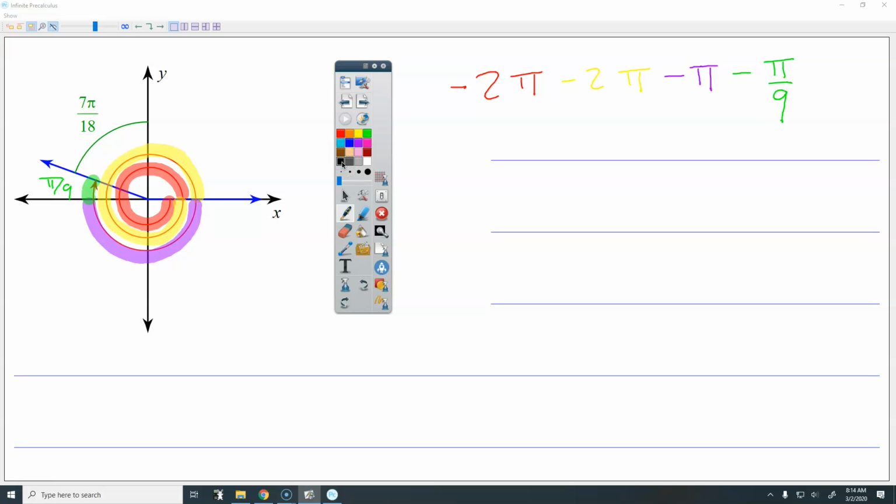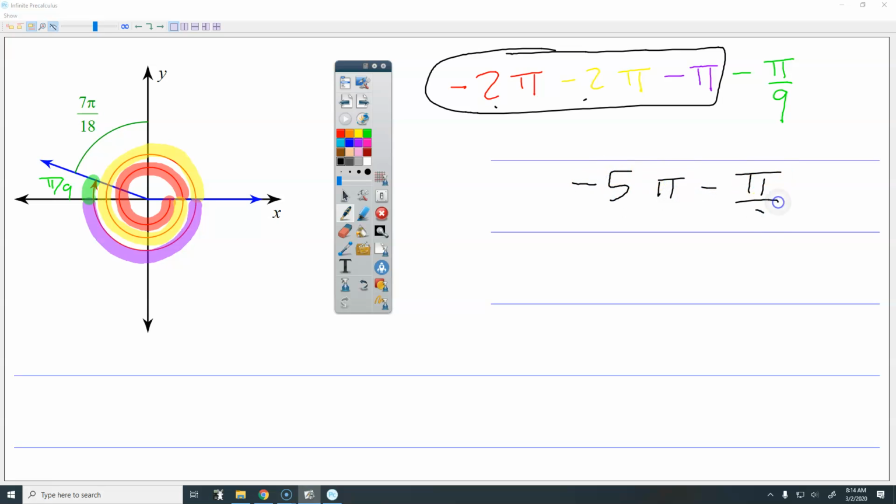All right, so here we go. Let's combine what we can. These three can be combined together. So what's negative 2, negative 2, negative 1? Negative 5. And now we can get our common denominator. So I'm going to put that over 1 and multiply the top and the bottom by 9. And we end up with negative 45 pi over 9 minus pi over 9,